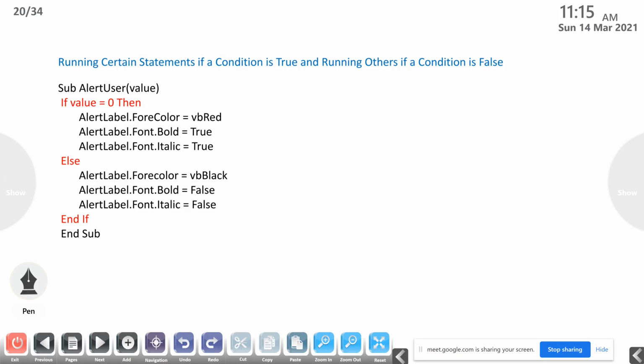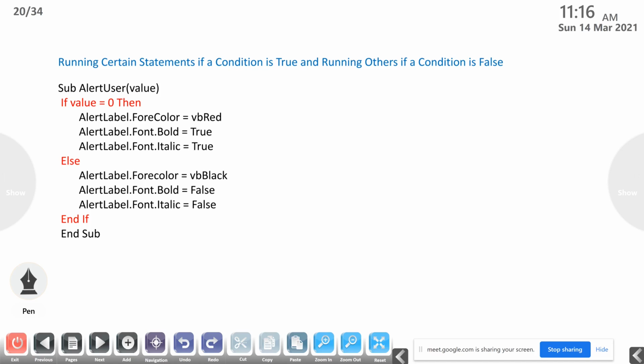Then running certain statements if a condition is true, and running others if the condition is false, is the If Then Else statement. So if value equal to 0, here there is no double equal to, only a single equal to. In C, C++, Java, JavaScript, we use double equal to, and within parentheses.